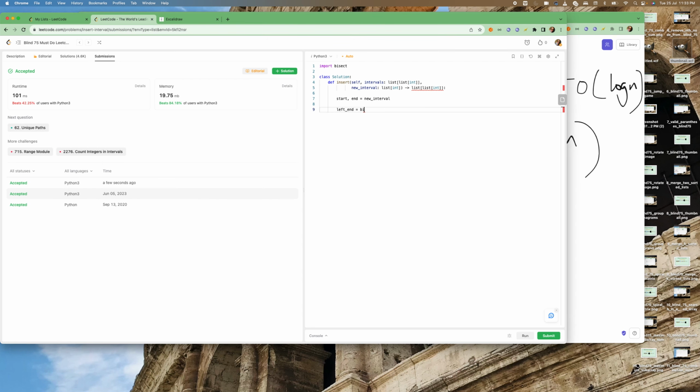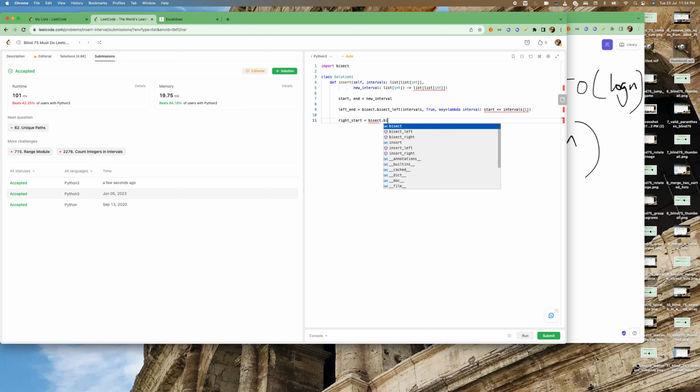So left end is going to be bisect left, and what should be fine in the intervals, with key equal to lambda interval, start is less than or equal to interval of 1. The start value is less than or equal to interval of 1. So we find that left side end, and right side start would be similar, bisect